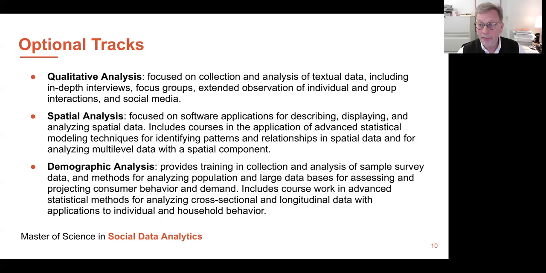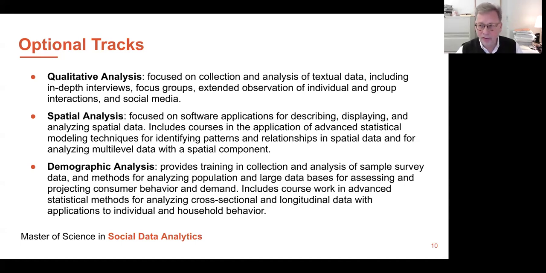Or we'll have students who are really interested in qualitative research methods, but they also want to have a strong background in the analysis and quantitative methods. And so they can opt for the qualitative analysis. You can say, hey, I can do statistics. I can do statistics really well, but I'm also very comfortable and in fact have a particular expertise in analysis of qualitative forms of data.